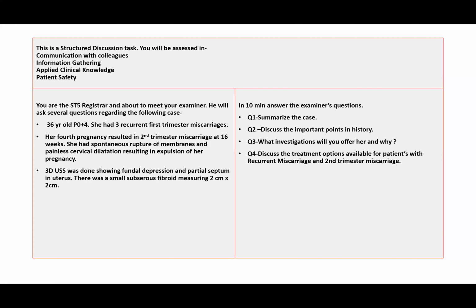The lady comes with recurrent pregnancy loss. Her first three miscarriages were first trimester miscarriages, and her fourth pregnancy was a second trimester miscarriage at 16 weeks. It was spontaneous rupture of the membrane, followed by painless cervical dilatation and expulsion of the pregnancy. Her ultrasound shows fundal indentation with partial septum in the uterus, and there was a small subserous fibroid measuring 2 into